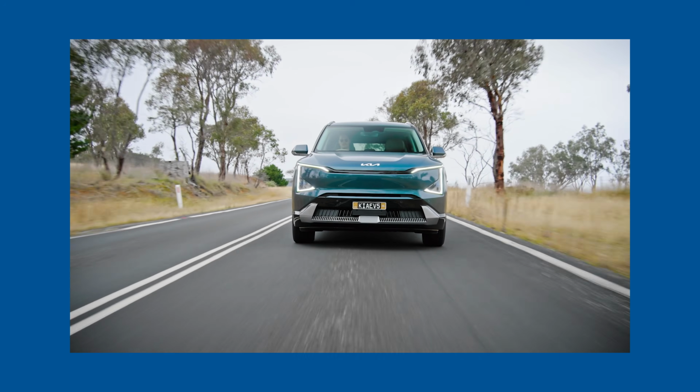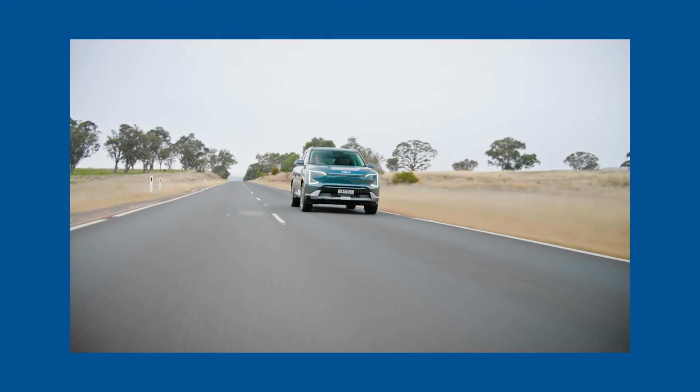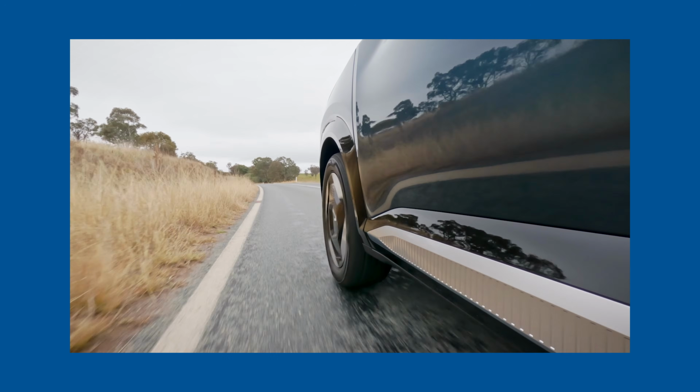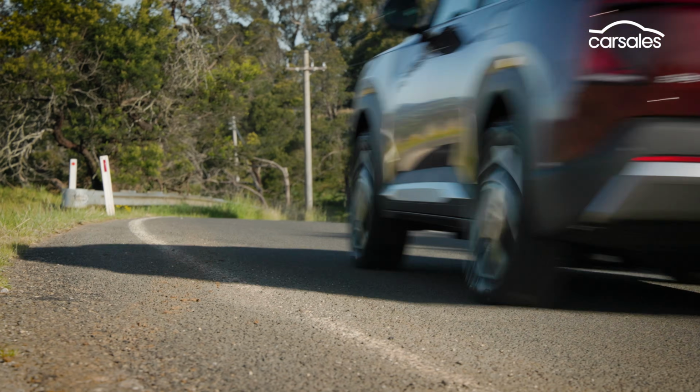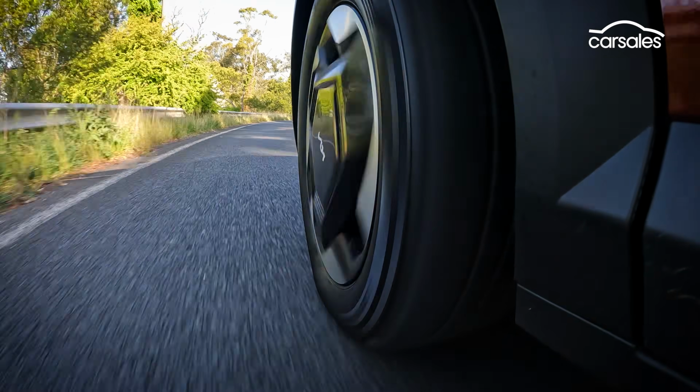The Kia EV5 was actually meant to launch 4 months ago, but was sent back to the manufacturing plant in China where it's built for a tune-up because of wheel balance and electric power steering software issues. Kia now says the EV5 is spot on, and we're happy to report we had no dramas with our test